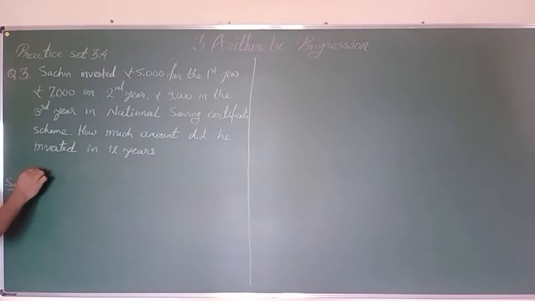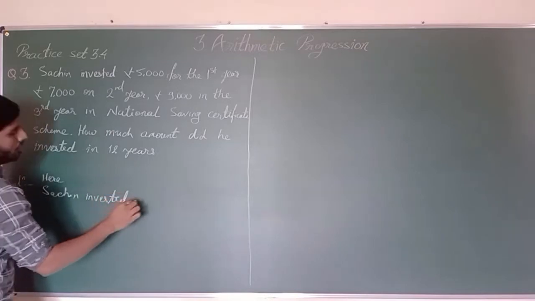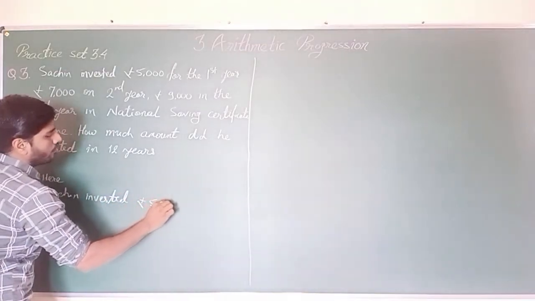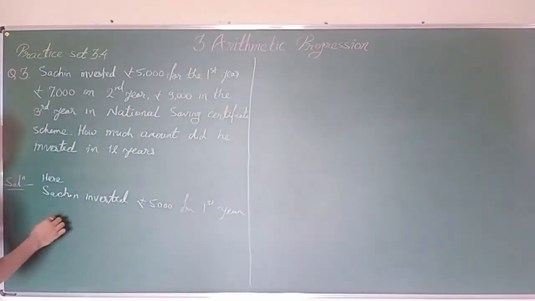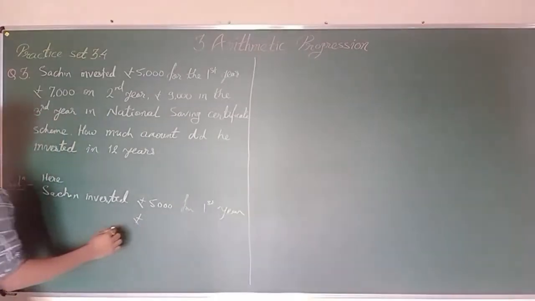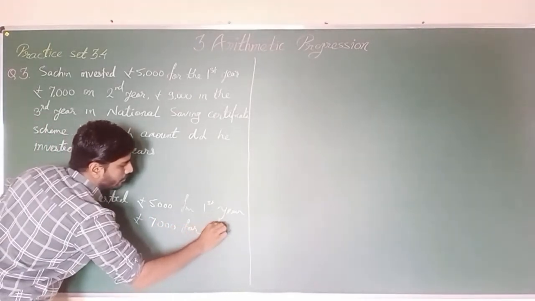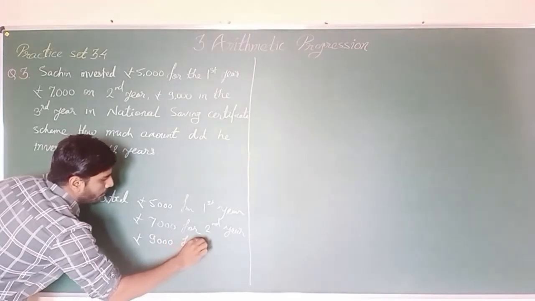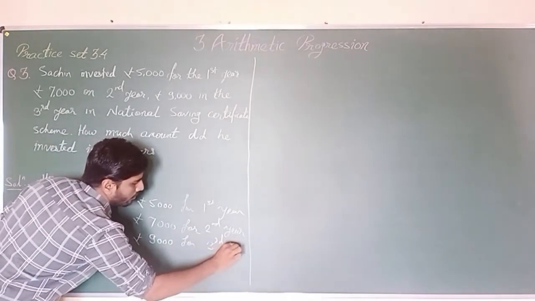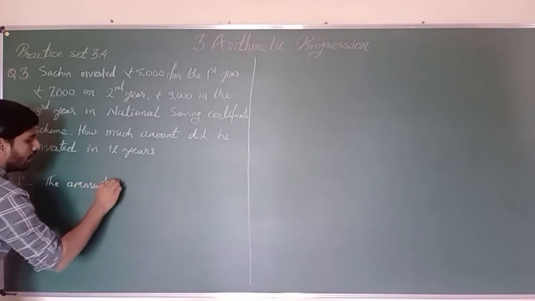So here Sachin invested rupees 5,000 for the first year, rupees 7,000 for the second year and rupees 9,000 for the third year. The amount invested by Sachin